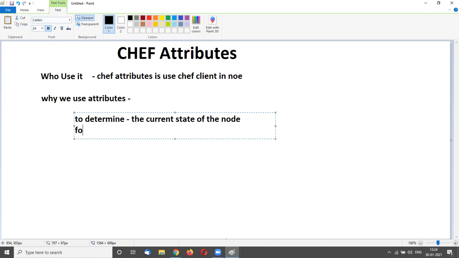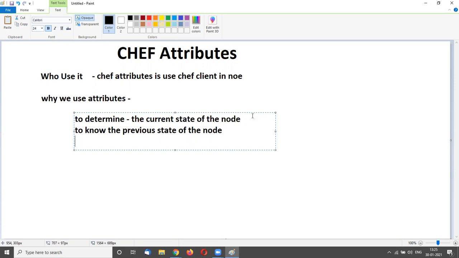So, to know the previous state of the node, when the last time chef client ran.